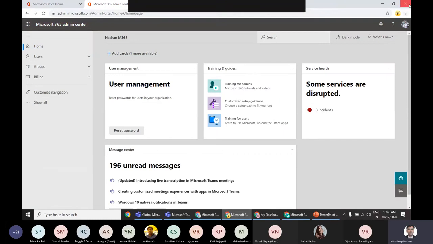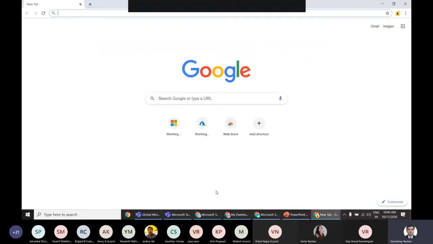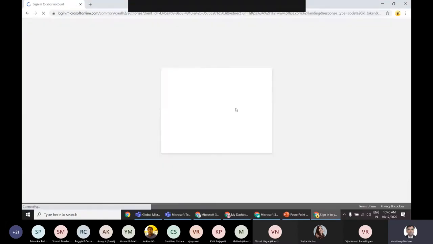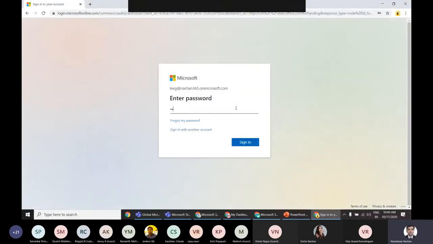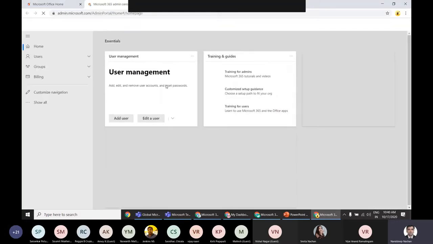And then we will again open up the window for this user Lee. So if I go here, we are now again trying to log into this user Lee, so we'll sign in. Okay, it should ask me for a password. We'll click yes. And now if we go to the admin center, because sometimes it takes maybe 3 to 4 minutes to get this role activated.